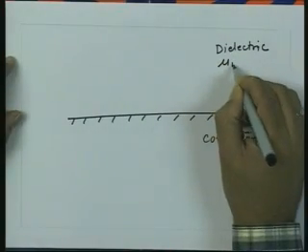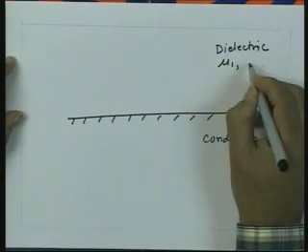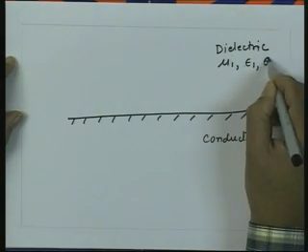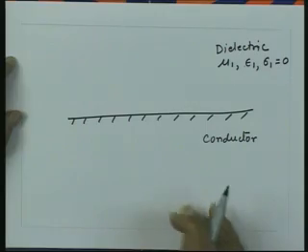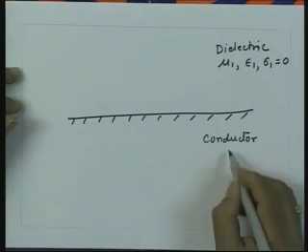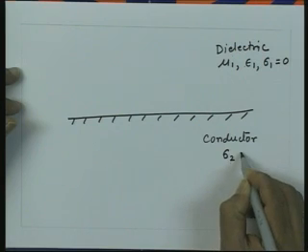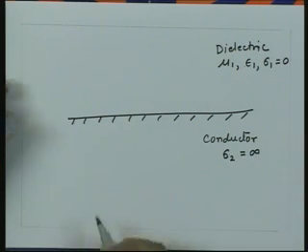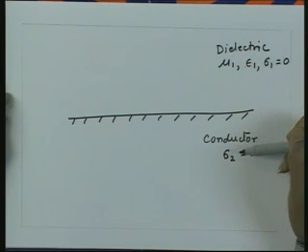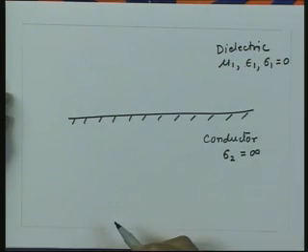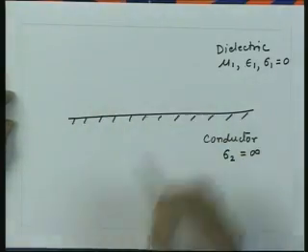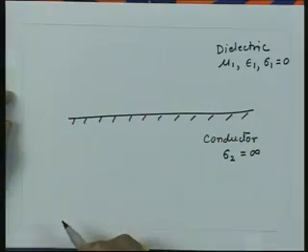So, we have here some permeability mu 1, permittivity epsilon 1, but sigma 1 is 0 for this, whereas in this case since we are having an ideal conductor, the sigma 2 is equal to infinity. So, this boundary we can call a dielectric conductor boundary, and the wave is incident on this boundary now from the dielectric side.